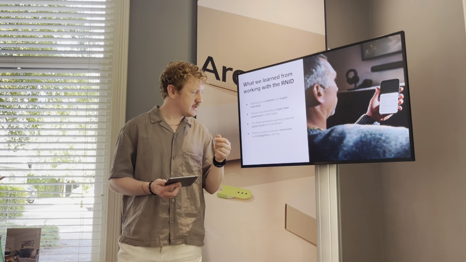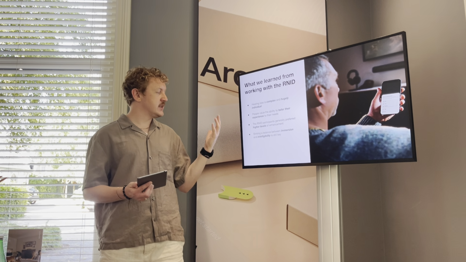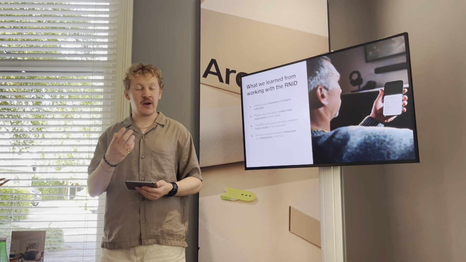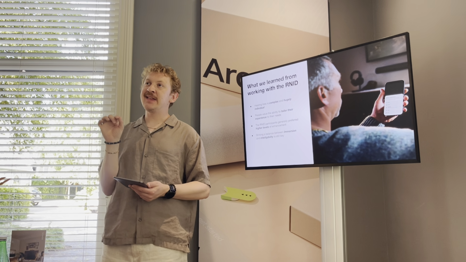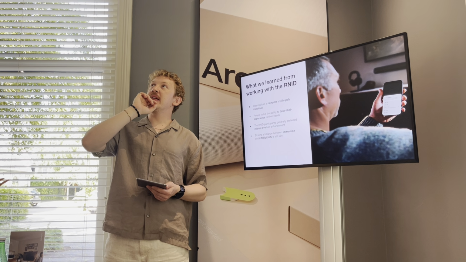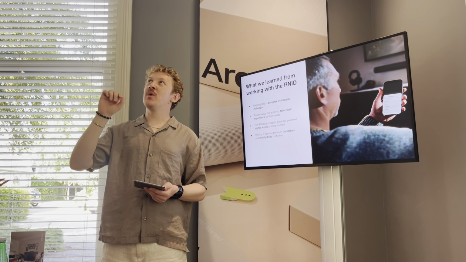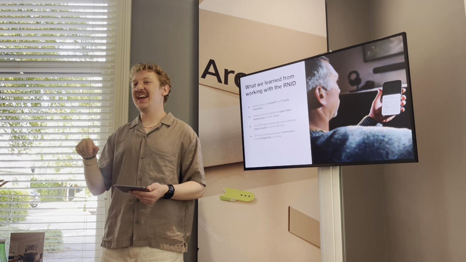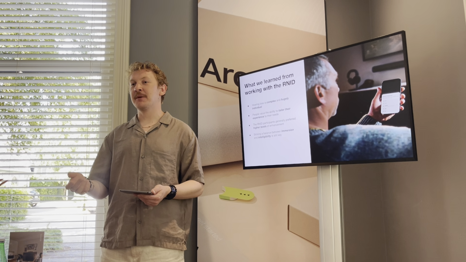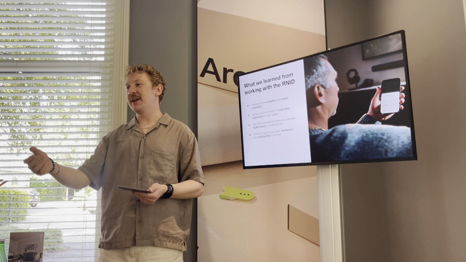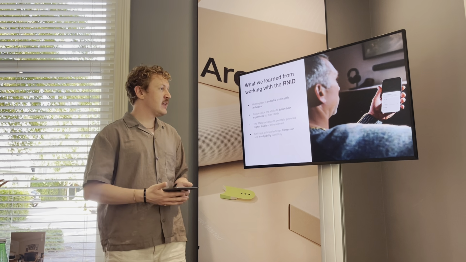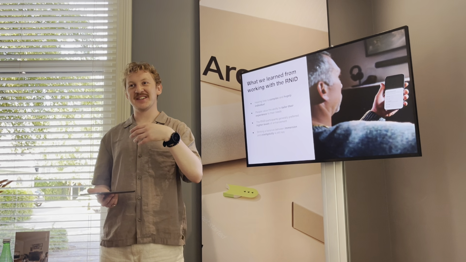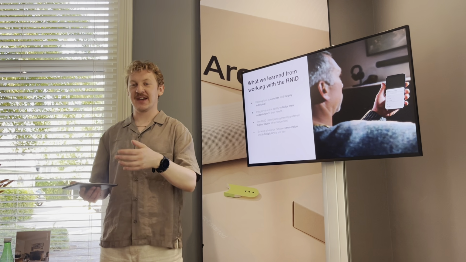The RNID participants generally preferred higher levels of enhancement. So they wanted that dialogue to be pulled out. But the key thing here is that they really didn't want the non-dialogue scenes to be sacrificed. So it's that age-old problem of constantly picking up the remote and turning it up, and then when it's a loud scene, you turn it back down again. So that was a huge thing. You turn up the dialogue scene to understand it, and then when the dialogue scene is over and it's a big explosion, you turn it right back down again because it's too loud.